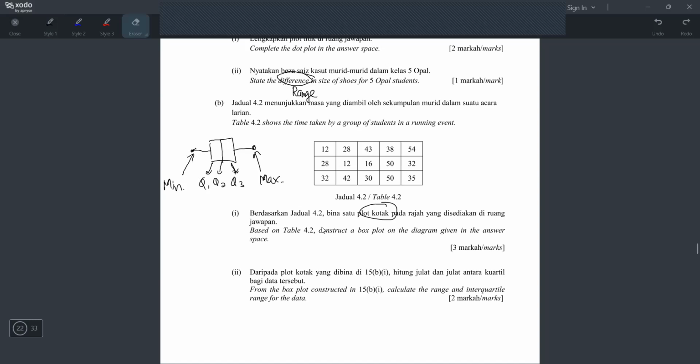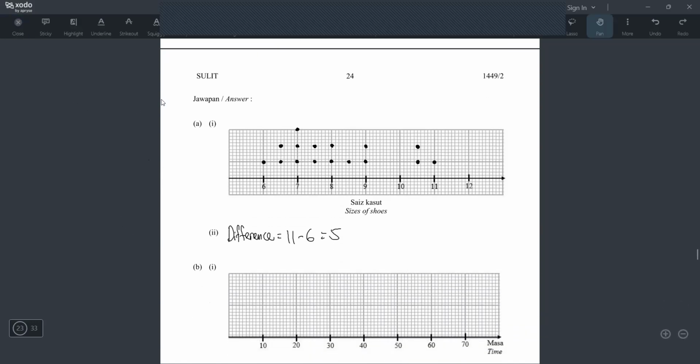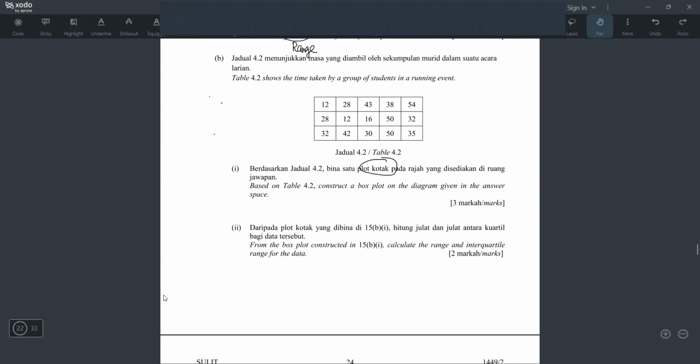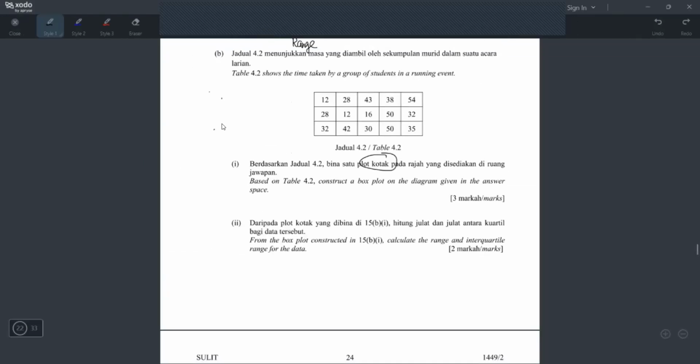So let's find out our minimum value, our maximum value, and then our Q1, Q2, Q3 supaya saya boleh lukis saya punya box plot, right? So where should I write my working? Okay, I don't think I have space here. I think I'll just write here lah. Okay, so I will do it here, B1.